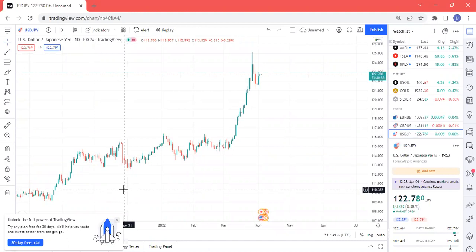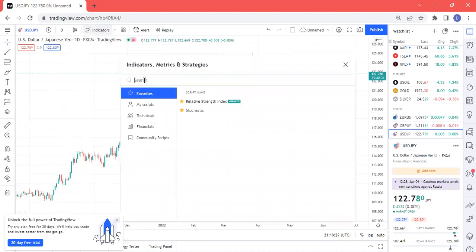If it wants to go up, you will buy. If it wants to come down, you will sell. If the market wants to go up, you will buy it at the bottom and make it go up. If the market wants to come down, you will sell it at the top. Is that clear enough? So you will now come to indicators, click on indicators, type stochastic,